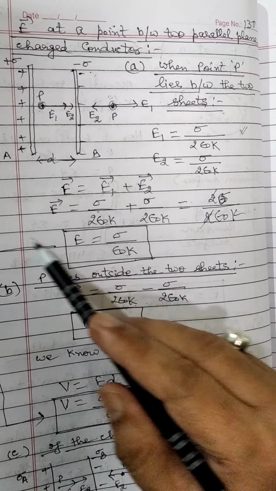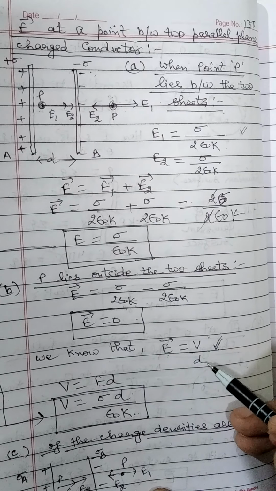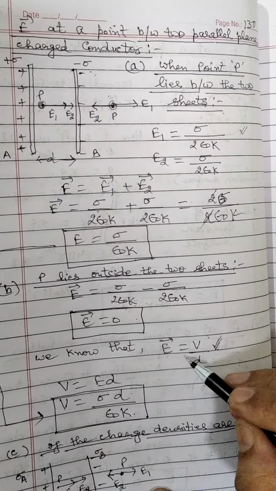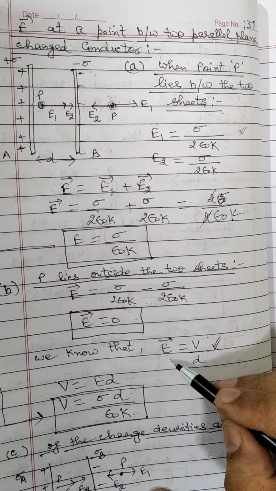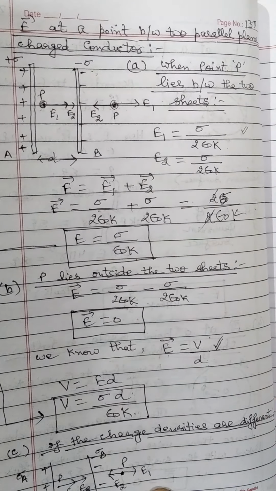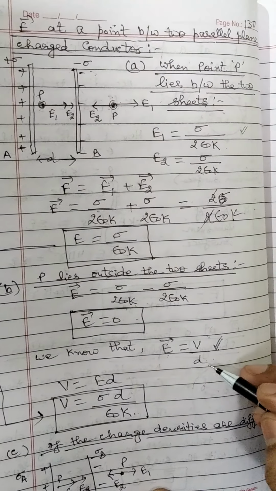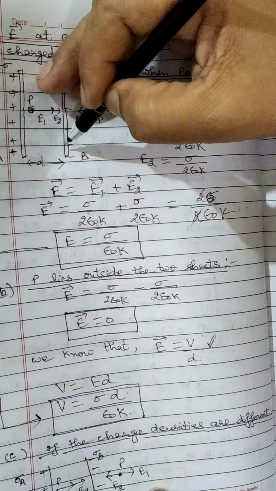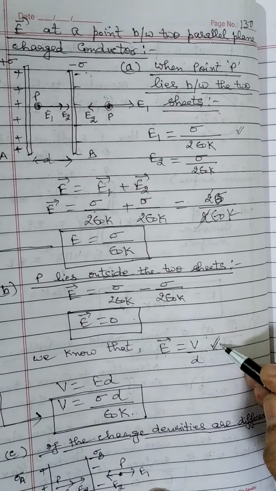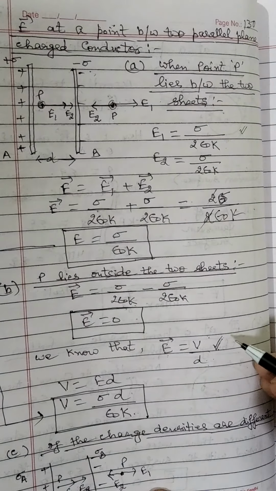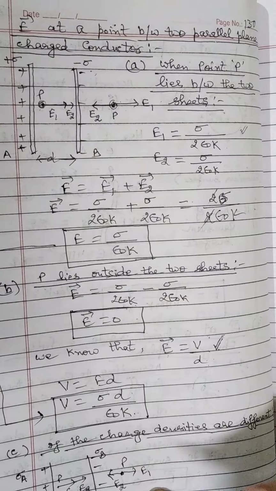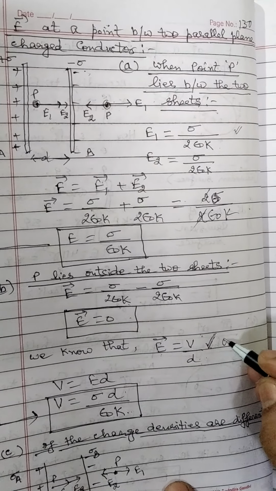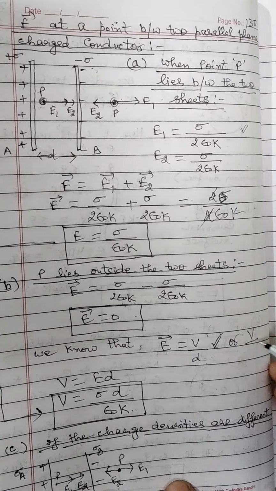Now if you see this E is equal to V upon D, इसका प्रूफ बेटे अभी हम लोगों ने नहीं पढ़ा है, आगे चल करके पढ़ लेंगे. This is the relation between the potential and the electric field, and D is the distance. Here we have taken D, we can take it as R also. So this D is the distance between the two plates. इसकी हमें जरूरत पड़ेगी कैपेसिटर जब हम स्टडी करेंगे या कंडेंसर जब हम पढ़ेंगे, उस समय हमें जरूरत पड़ सकती है. So electric field is equal to V upon D, and we can write V upon R.